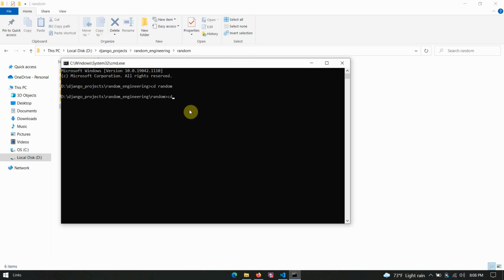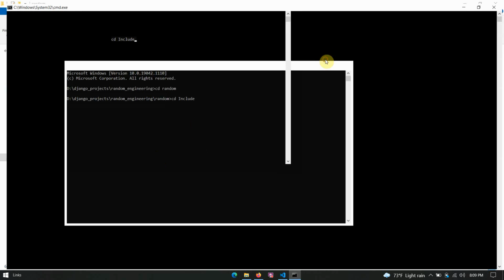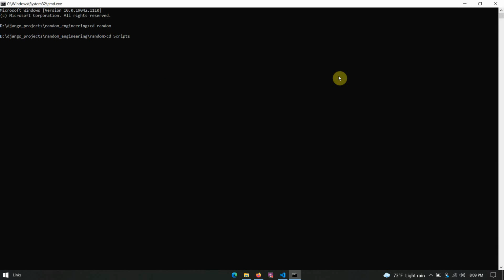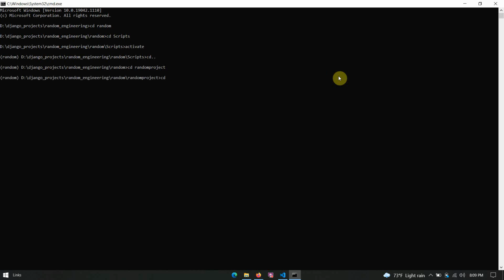Here you can see cd, and you can press the Tab button to select the Scripts folder and activate. We come back to the random folder, then again we will find the project that we created in the last video. Here inside the random project